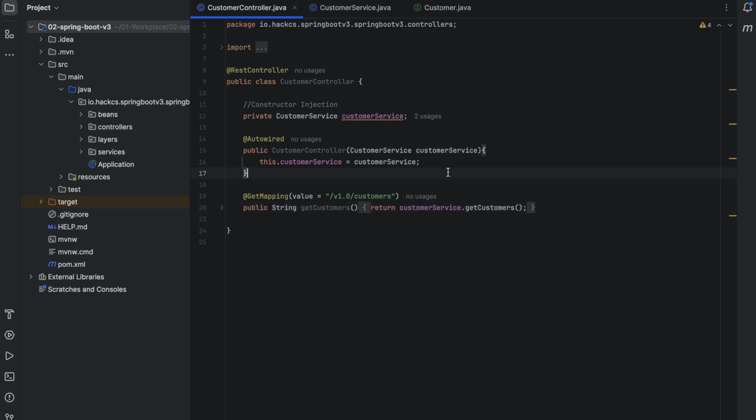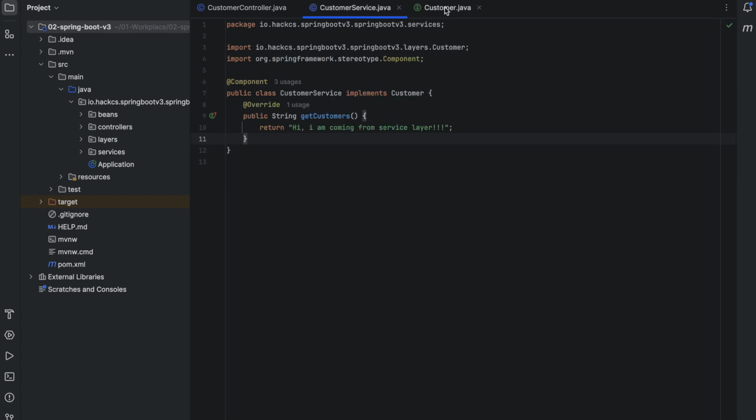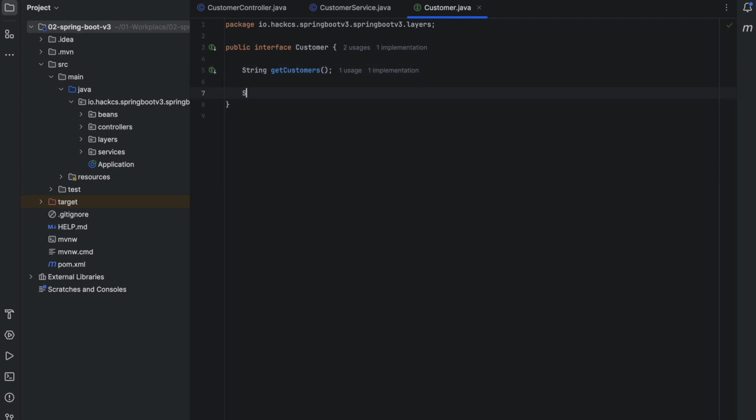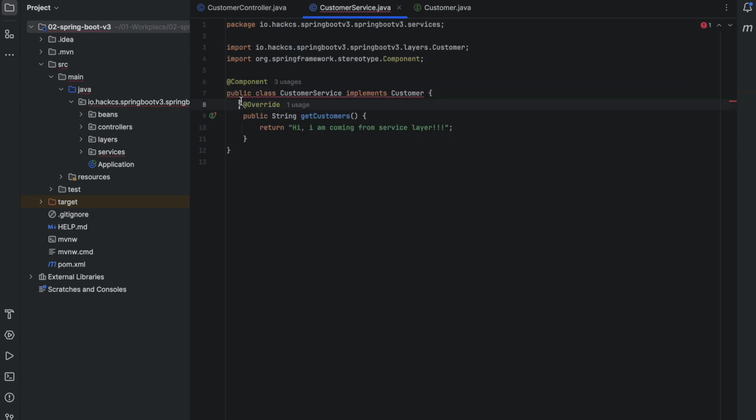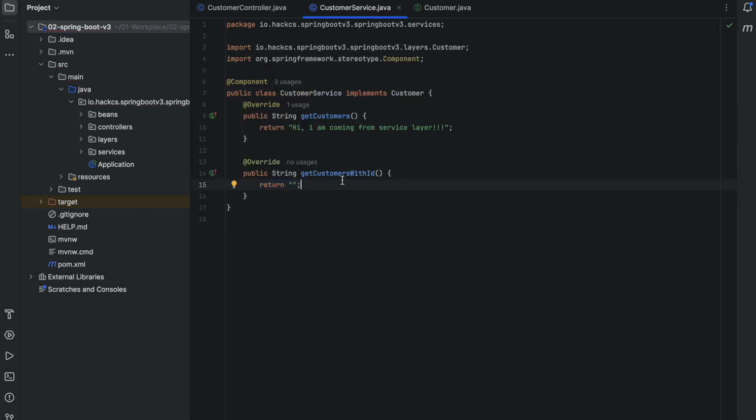So now I'll quickly jump in. We have constructor injection. We'll come to our service layer. We'll create one more method in our interface: String getCustomerWithID. We'll create this method and then come to our service layer, override this method and return "I am coming from service layer